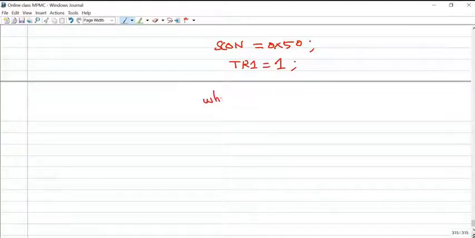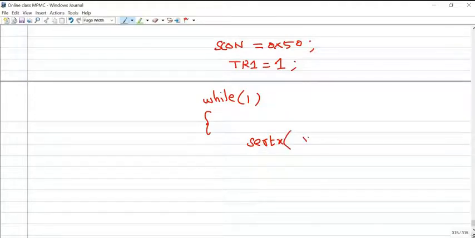Next, I'm writing an infinite loop. I'm calling my function, serial transmission, and passing the character value to that function.